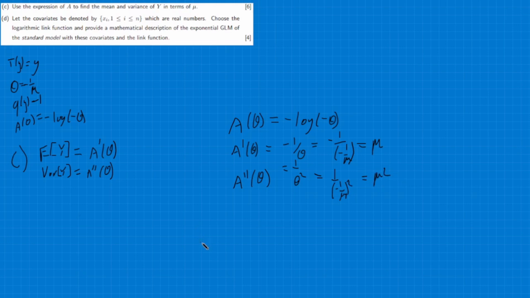So our mean and our variance: the expected value of y equals mu, and the variance of y equals mu squared. Moving on to